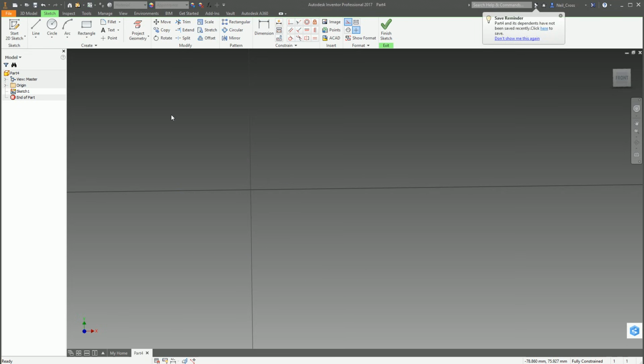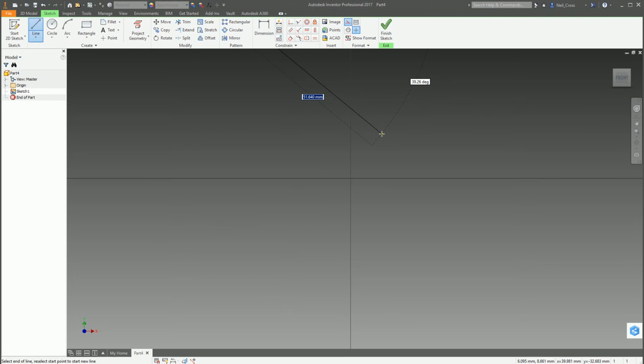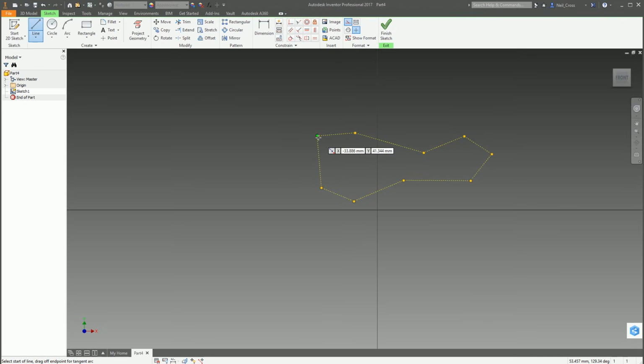Some of the things that you might find useful is the ability to create a sketch without Inventor automatically applying constraints as you're sketching. So for example, when I select line and then move it to the horizontal, it's probably best if we look side on so we actually are getting a horizontal line. You can see it's going to be automatically creating a horizontal constraint. Now if you hold down the control key on the keyboard and keep that held down, you can now free sketch without Inventor automatically placing constraints. So if you do need to create some kind of bizarre shape and you don't want it to start snapping to the horizontal, you can do that, and Inventor will not create any constraints at all as you're sketching. So that's one thing that's nice to know about.